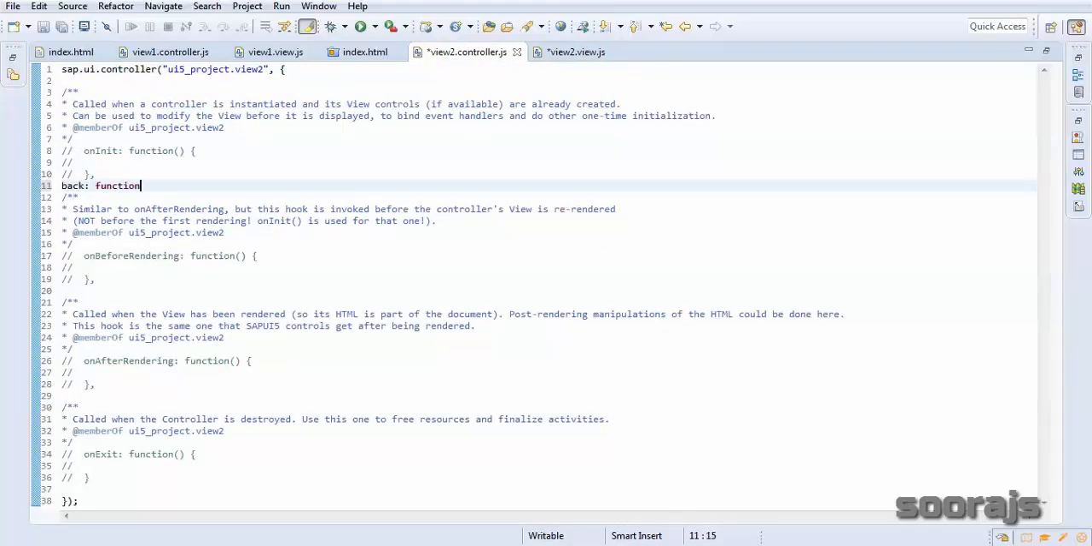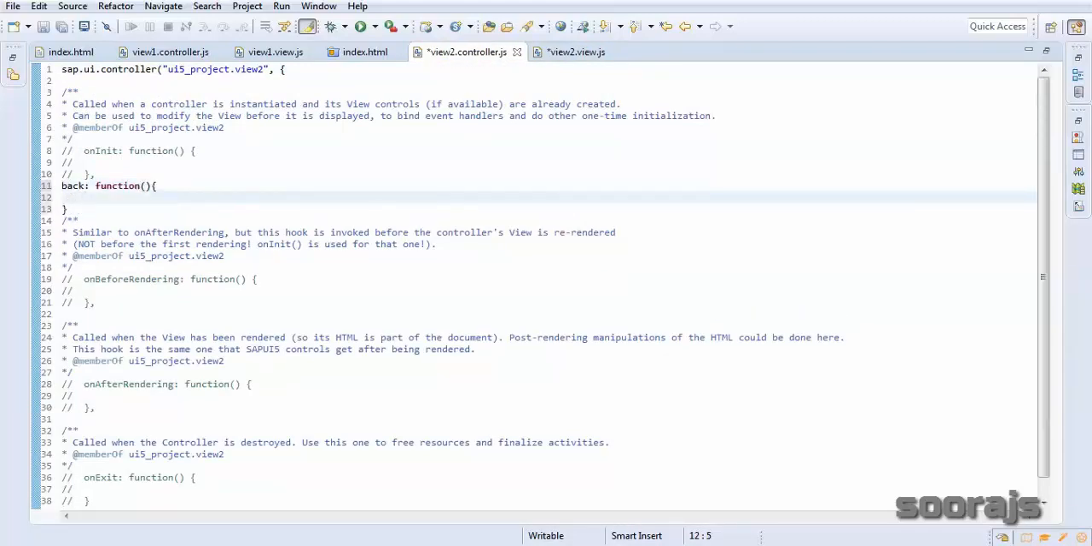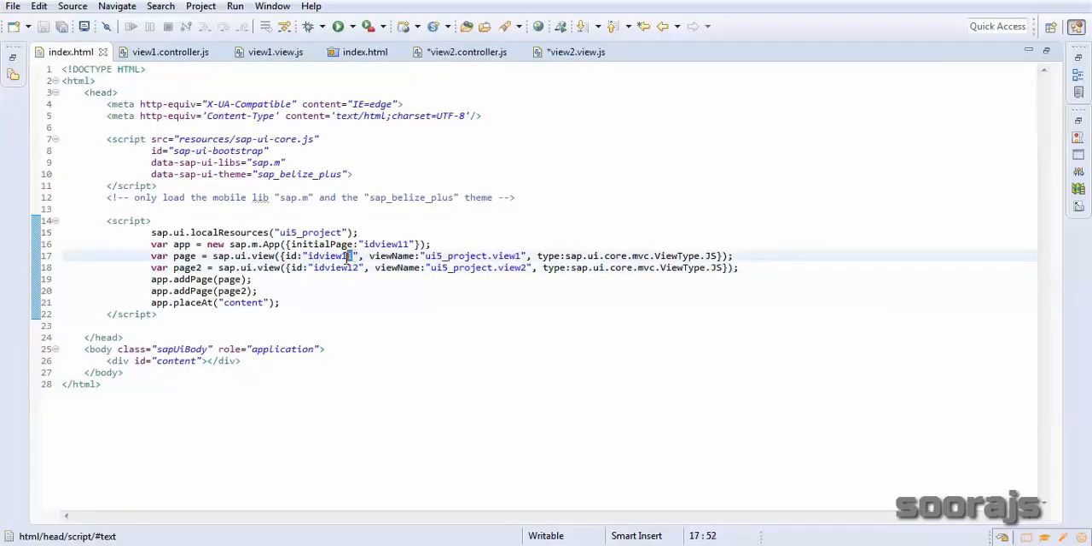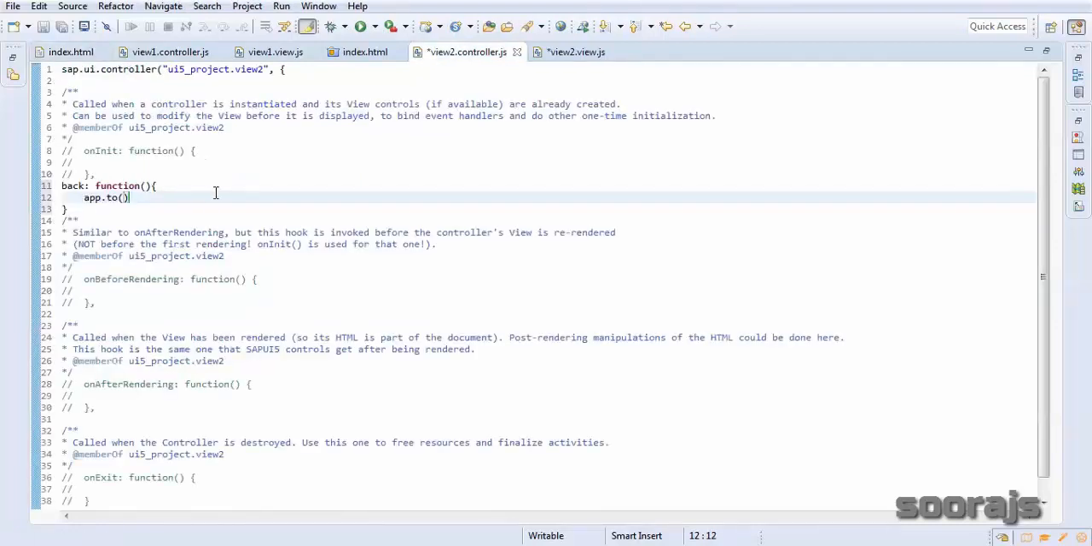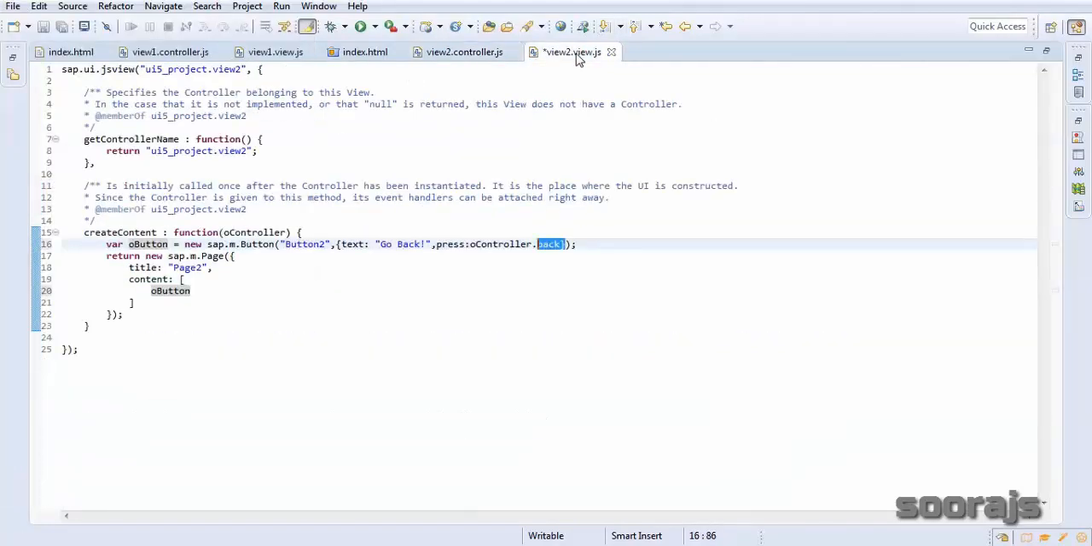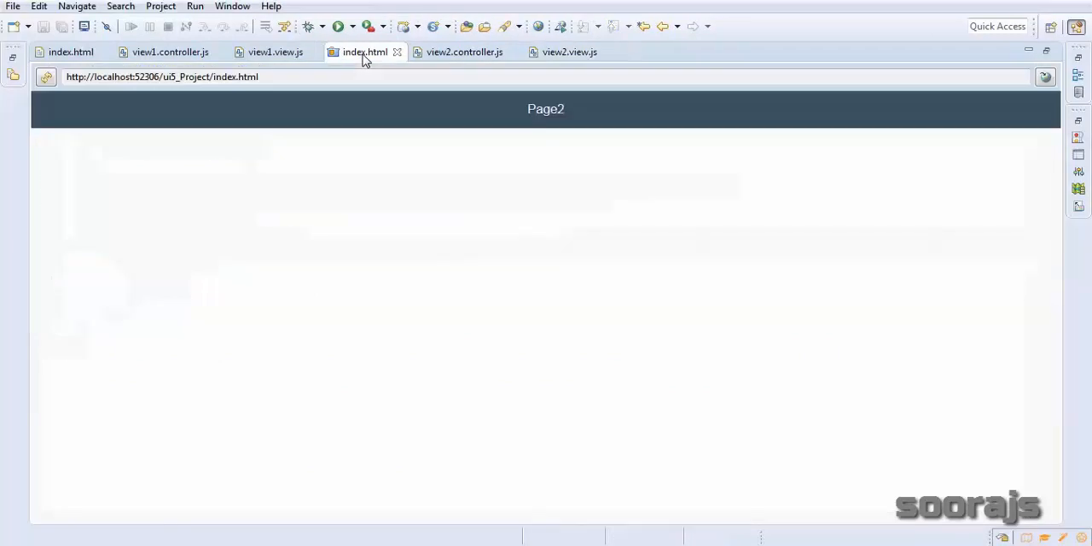Okay, function, and I'll say app.to. And what is the ID of page 1 or view 1? It is ID view 1. Okay, so I'll go back to the view 2 controller and then mention this ID view 1 there. Okay, save this. Now go back to the index.html, refresh this,